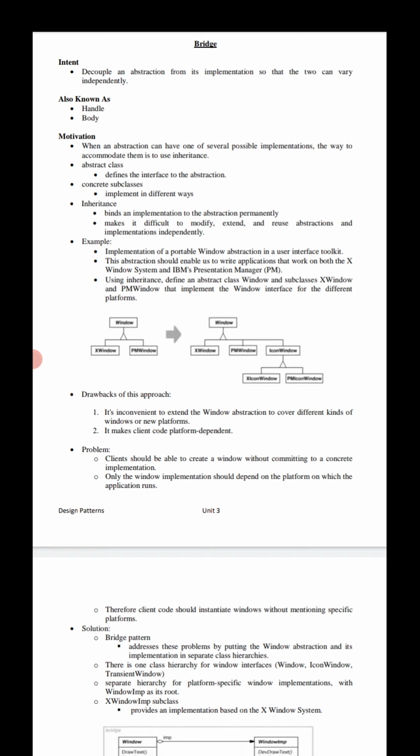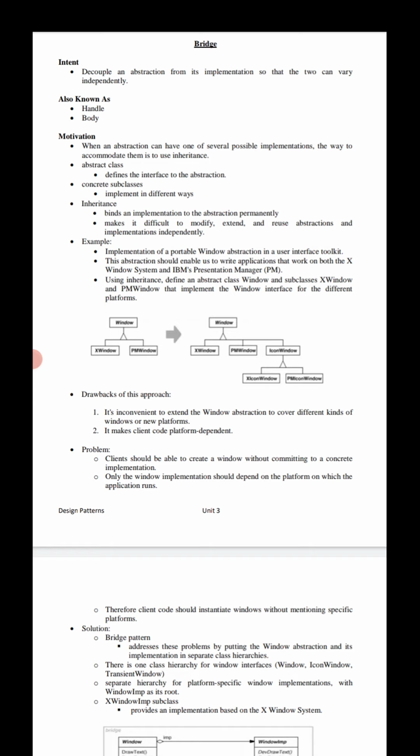So this pattern involves an interface, an intermediary, which acts as a bridge. It is also known as handle or body.